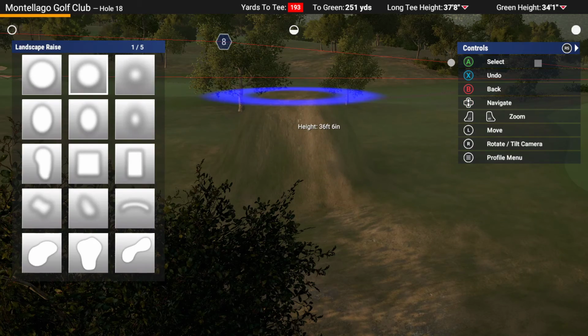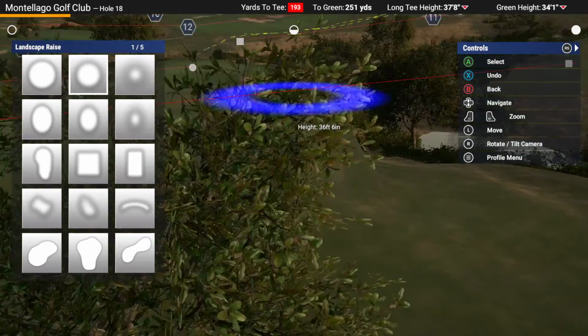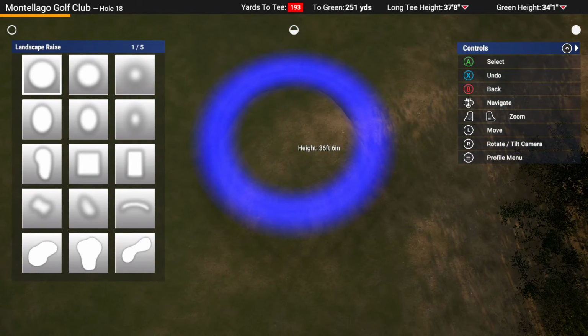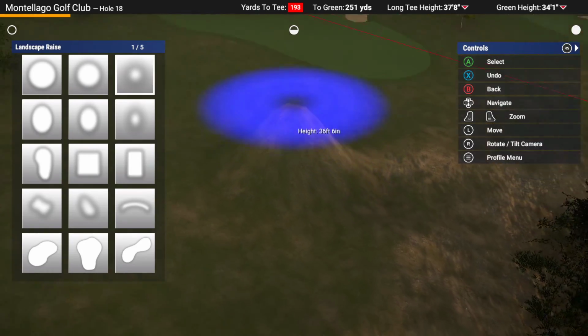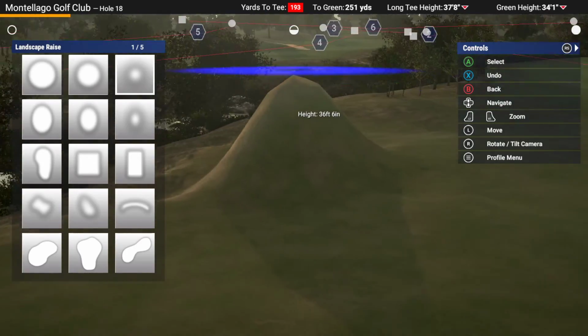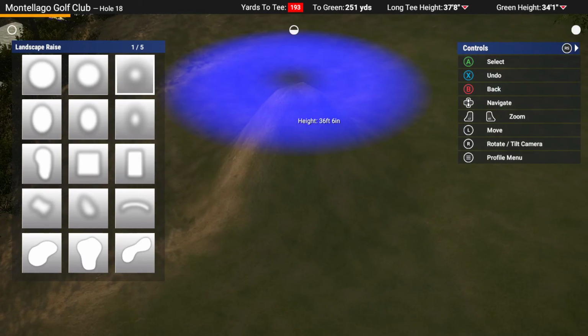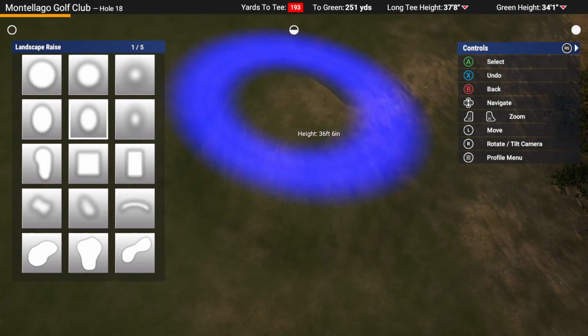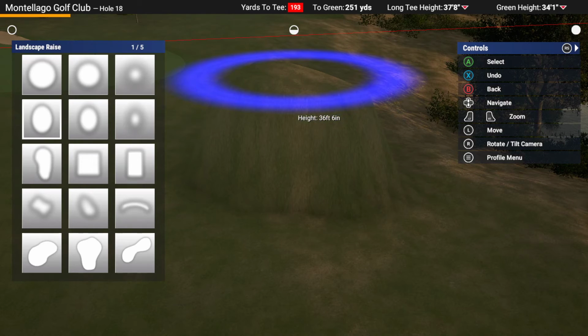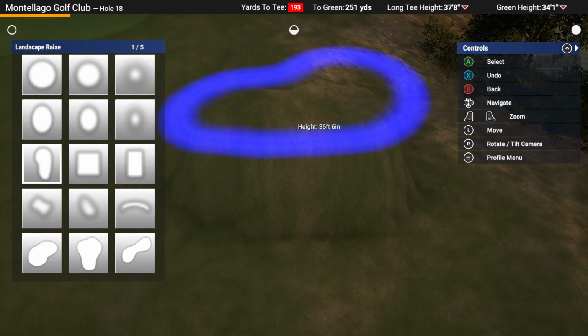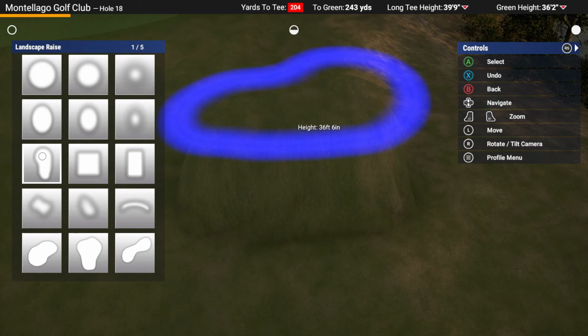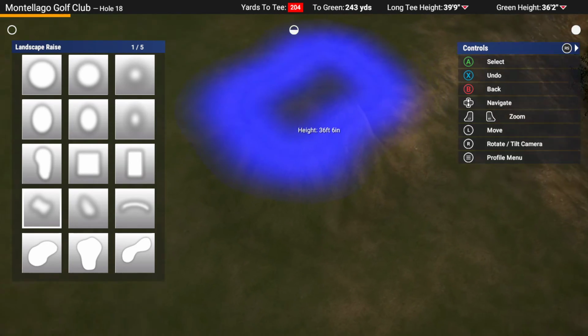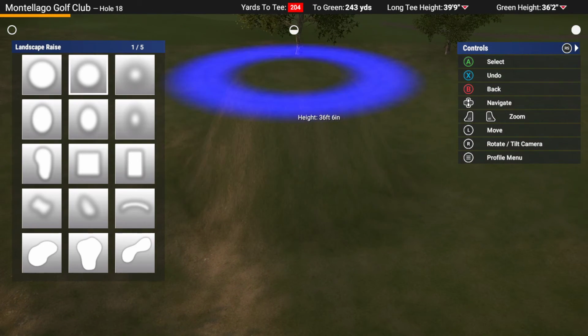So logically, if we change to this one, obviously there's a slightly diminished effect. It's still at the middle, because you can see that the fuzzy bit's coming in a little bit more, and a little bit more still. So with this one, we get a point in the middle going up 36 feet, and then everything tapers off. These ones are ovals rather than circles, but the same concept applies. And really, once you've got the concept that the white shape is going to be 100% and the fuzzy part is everything else, you can do a lot with them. Now, with that in mind,